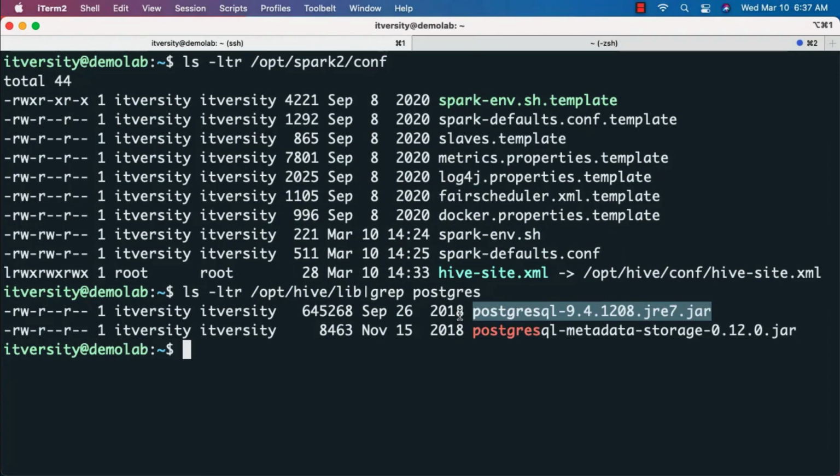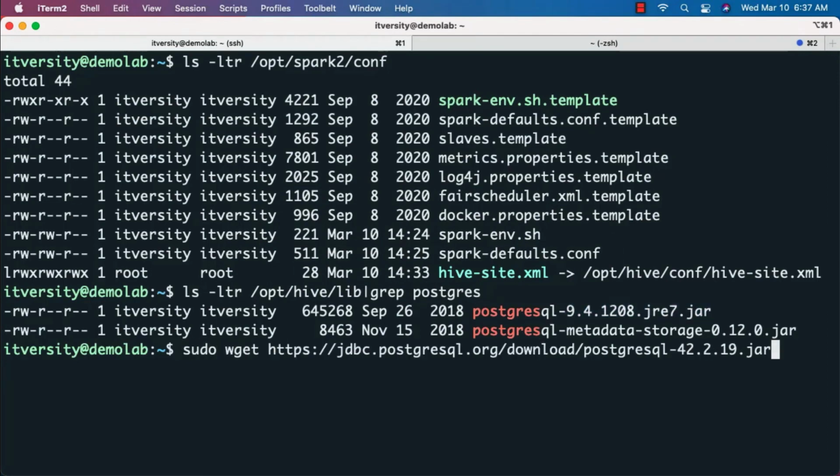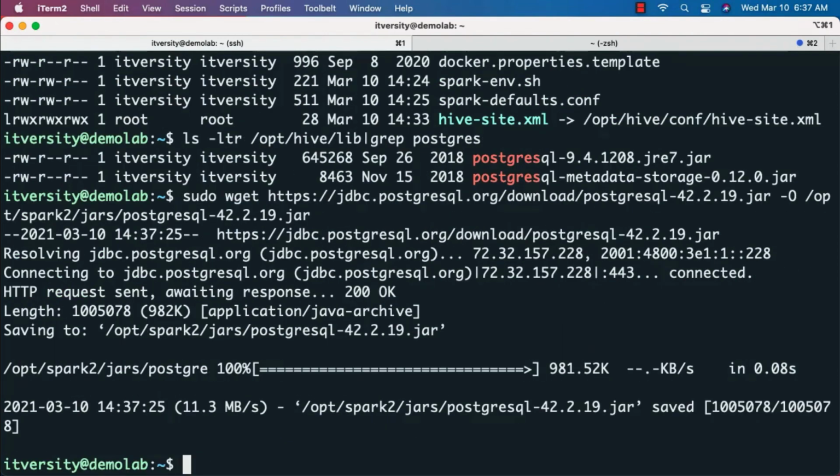Then you can say sudo wget, paste that link, then -O, then the location to which we have to copy, which is /opt/spark2/jars. We have to specify the file name also. Let me specify the file name here and then hit enter. It will take care of downloading the Postgres related JDBC jar file into this location. The location is /opt/spark2/jars. This is not copied yet into spark2-jars, which is set up in HDFS. In case our jobs fail in future, we might have to copy this as well. For now, you can leave it like this and you should be able to run Spark without any issues.